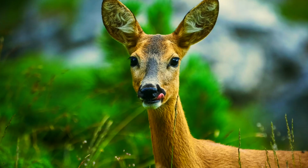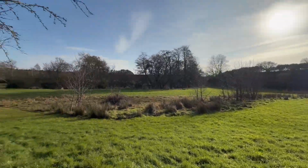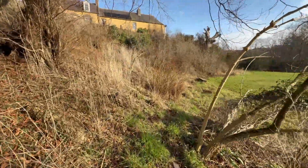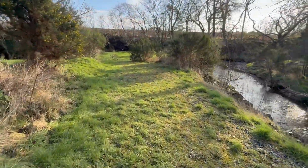Now, deer are very welcome here. We have loads of roe deer in this area, and our whole family loves watching them amble around our grounds. It's such a privilege to be able to do that from our living room window. We try to encourage them to stay here and keep away from the stalkers who manage their population on nearby